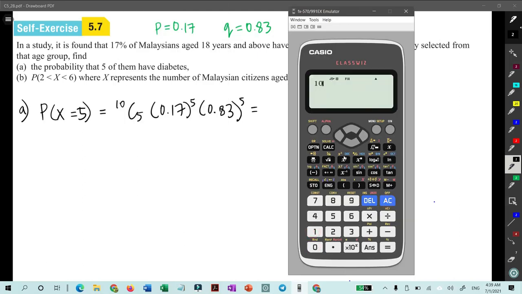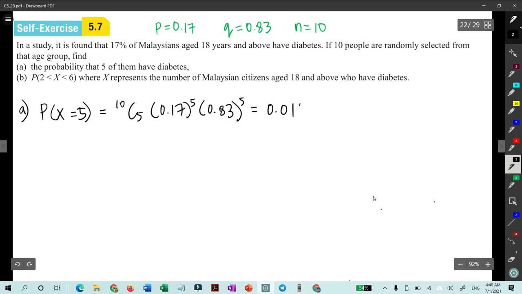Okay, so 10 shift nCr x, multiply with 0.17 to the power of x, multiply with 0.83 to the power of 10 minus x, and I press calc. The value of x is equal to 5 and we get 0.0141. And next for section B,